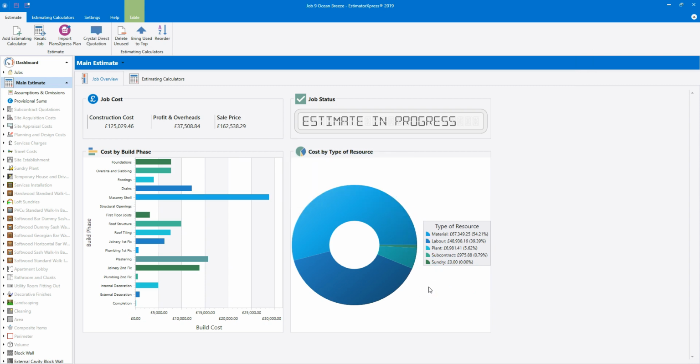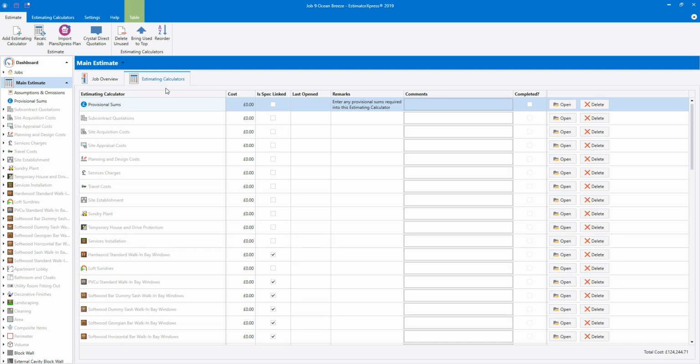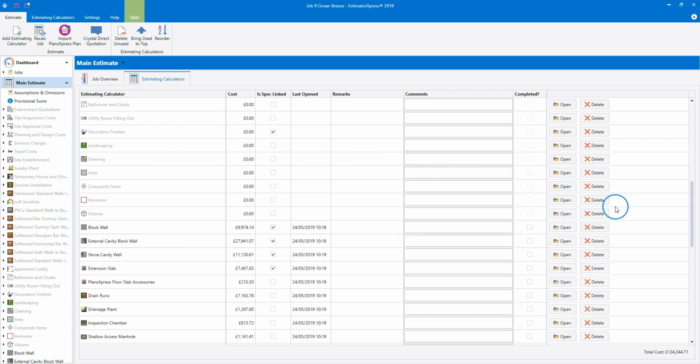The main estimate screen has two tabs. From the job overview, you can check and change the job status, the overall cost, profit and overheads, and the price to the client. You can review your estimate in detail by clicking the Estimating Calculators tab. From here you can add preliminary costs such as site acquisition, planning and design costs, and site establishment. You can also add provisional sums and subcontract quotations. Scroll down the list using the scroll wheel on your mouse or the scroll bar on the right of the screen,